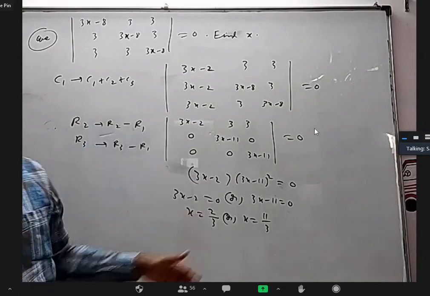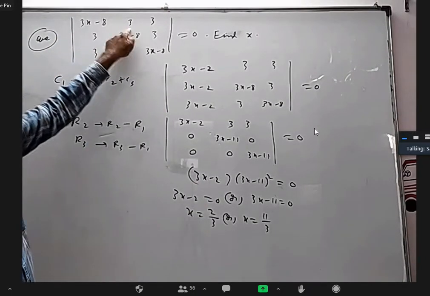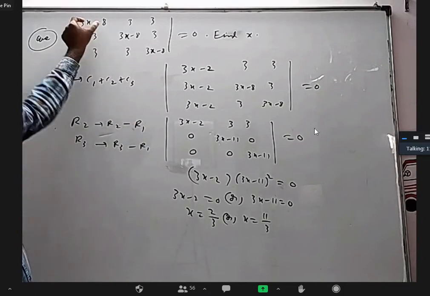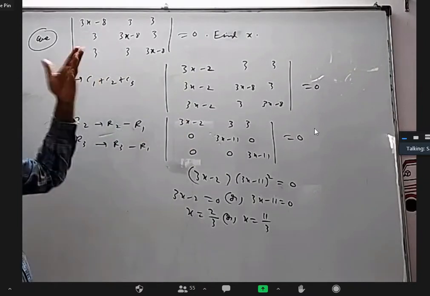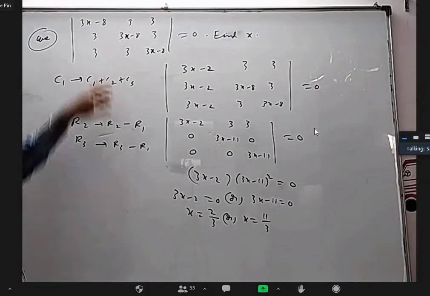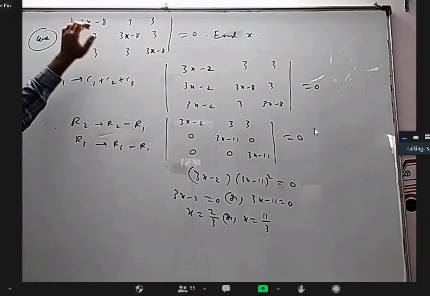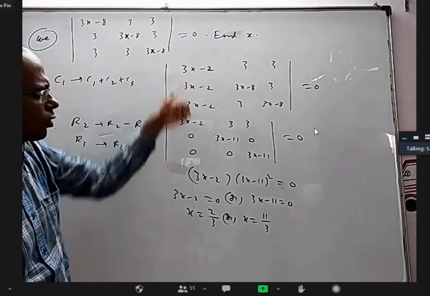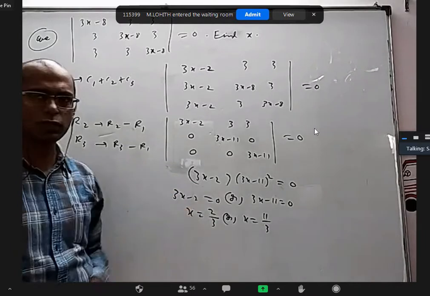I think without writing much also I can tell why. If this and this are equal to 3, can I say two columns are equal? Yes, sir. If this becomes 3, this becomes 3, this becomes 3, then all the 3 columns are equal, all the 3 rows are equal, that should be 0. So directly, when this and this are equal, 11 by 3 will come. Another option is when you add all the rows, you get the same element here. If that is 0, like you are getting here, if 3x minus 2 is 0, one column is 0. If one column is 0 also, that is 0. So that is giving the other option, x equal to 2 by 3.